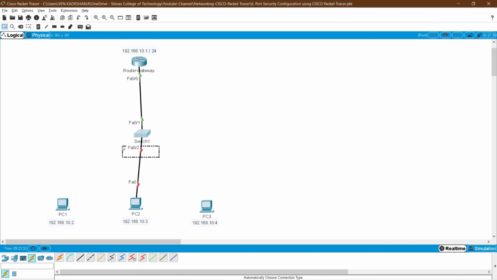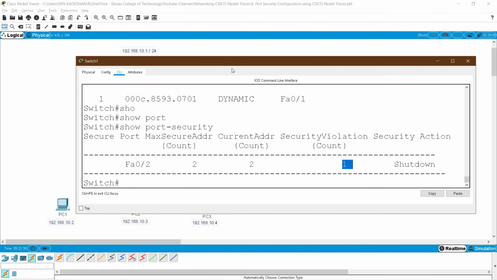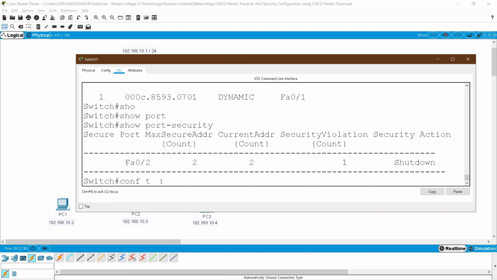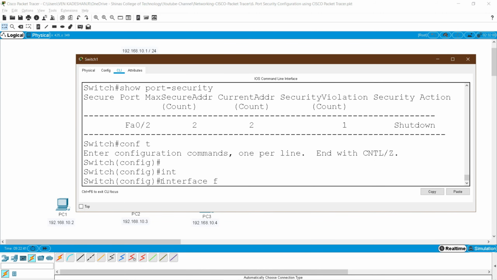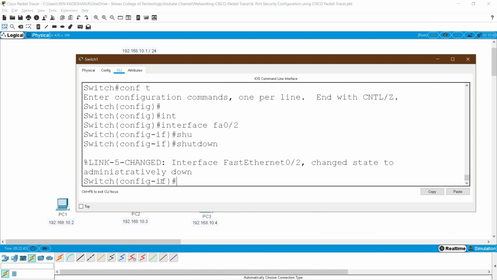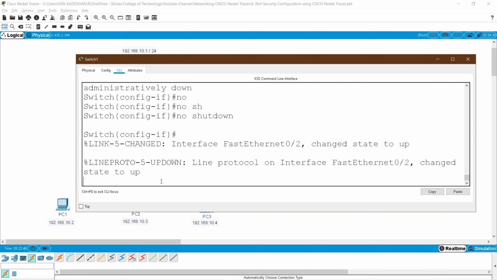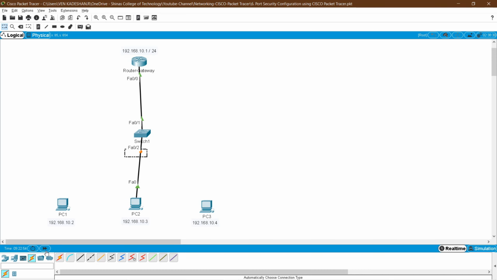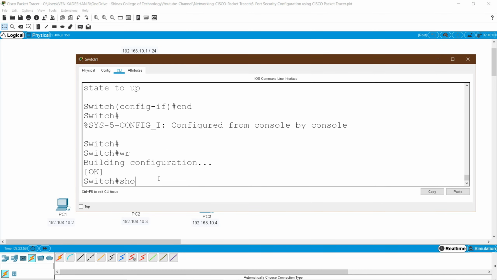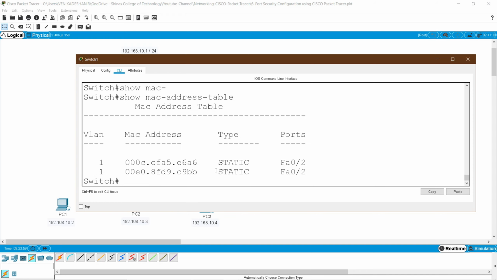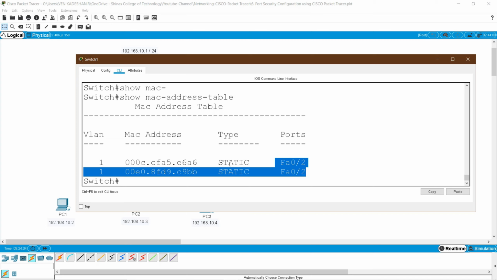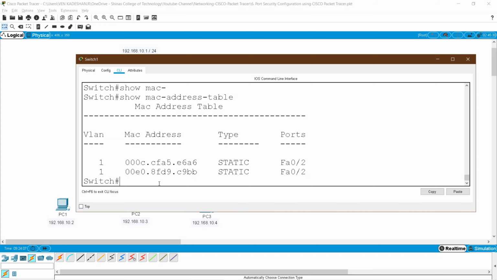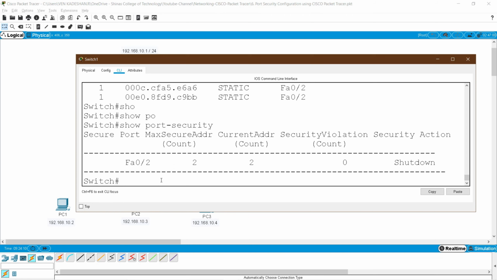mode. So for making this up, what I have to do is go to configure terminal, interface FA0/2, and give the command shutdown and no shutdown to bring it up. Okay, end, WR. Now you can see the port becomes up. Now if you give show MAC address table, now you can see FA0/2 having 2 entries, and for port security there is now no violation, and give the